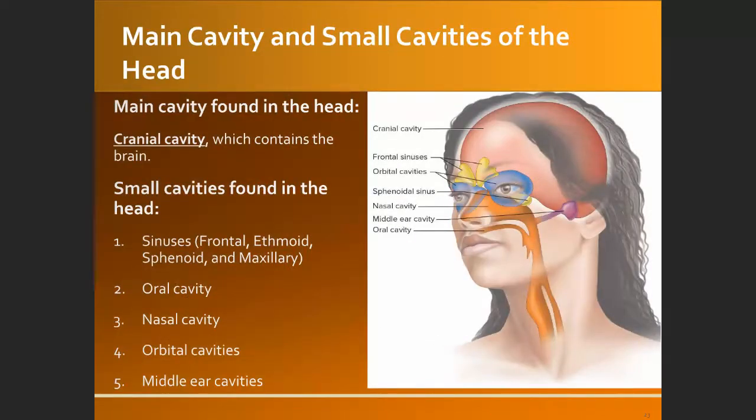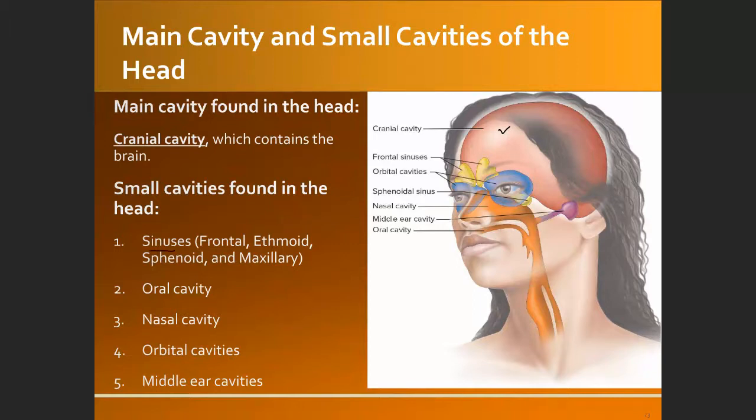Now, there are also some small cavities in the face. Of course, on the head, we have the biggest one, the cranial cavity, where the brain is located. And this cavity is also part of the dorsal body cavity. So this is the cranial cavity. And then in the front, in the face, we have several small cavities called the